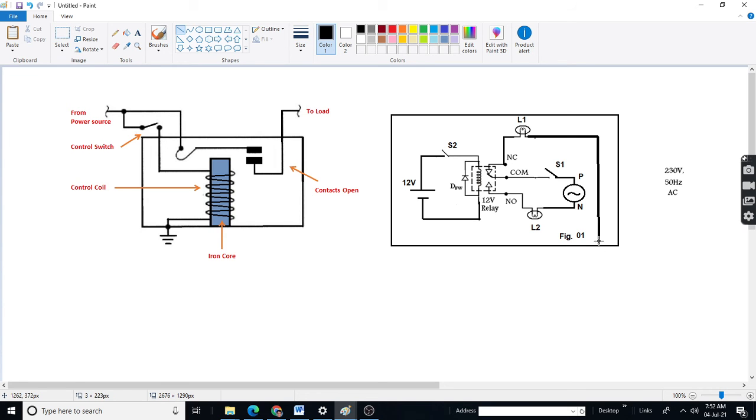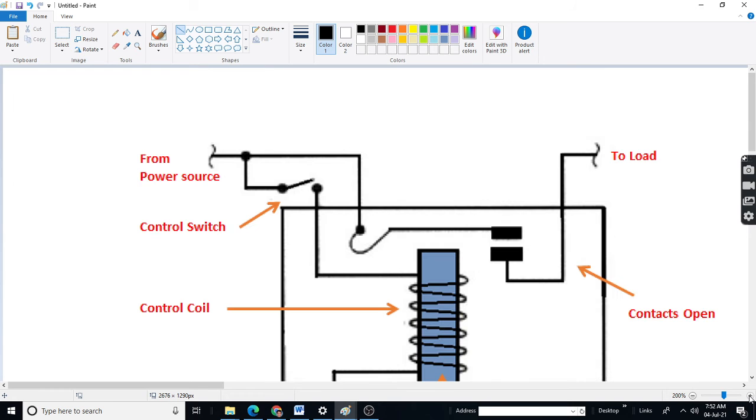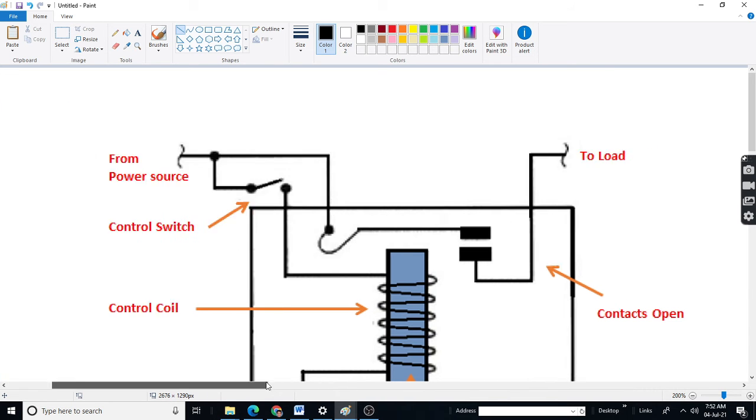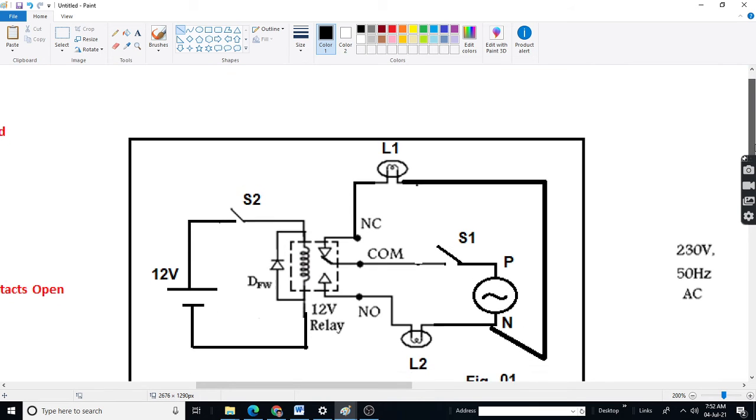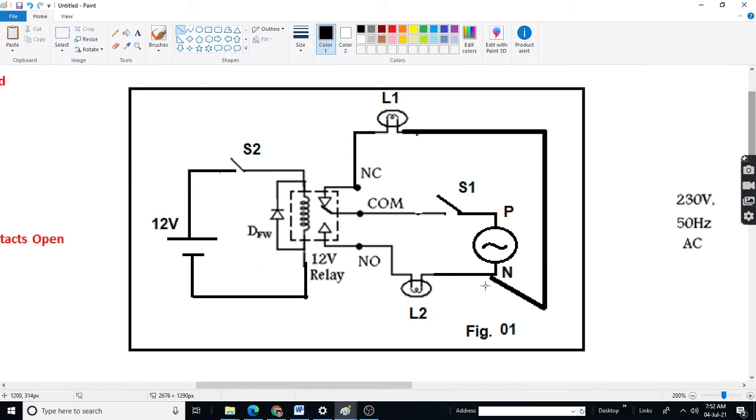This will be here. See here, here there is contact.